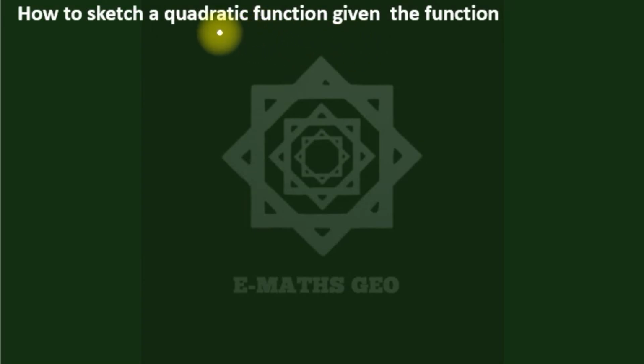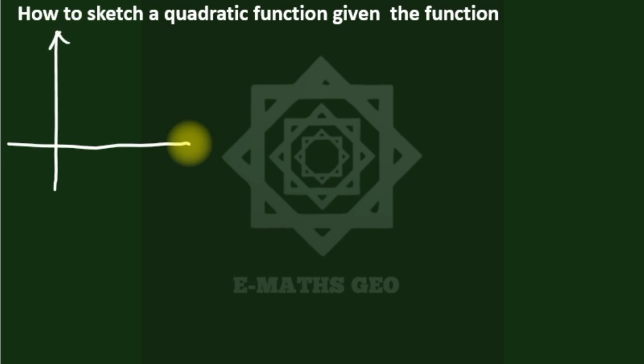How to sketch a quadratic function given the function. So we know that in a quadratic function we have three important points. So if you have a quadratic function, there are 3 points that are very important here. One is the vertex,